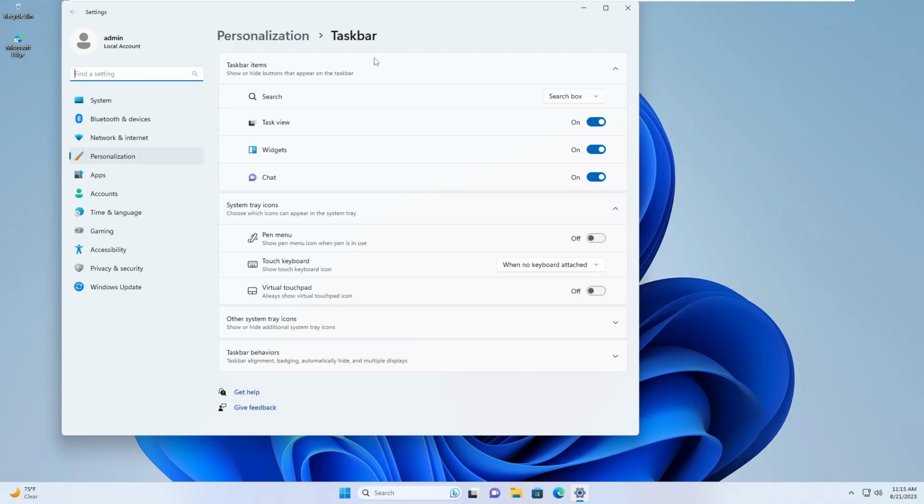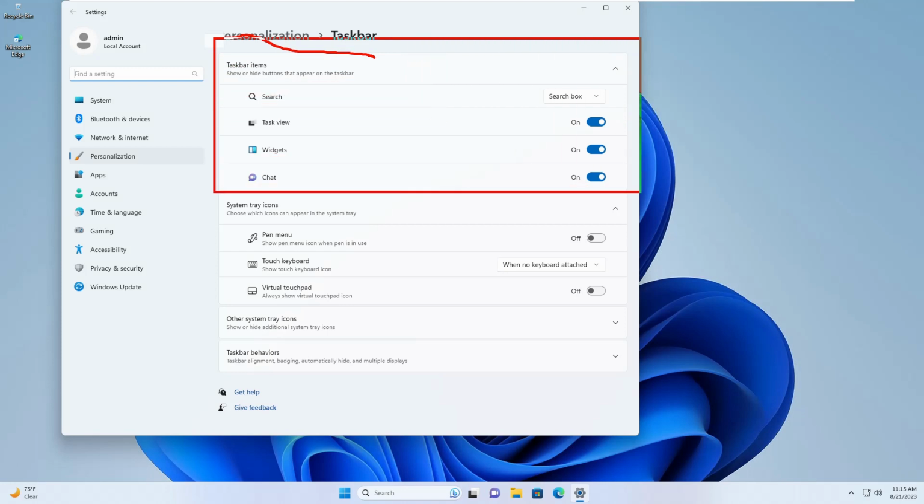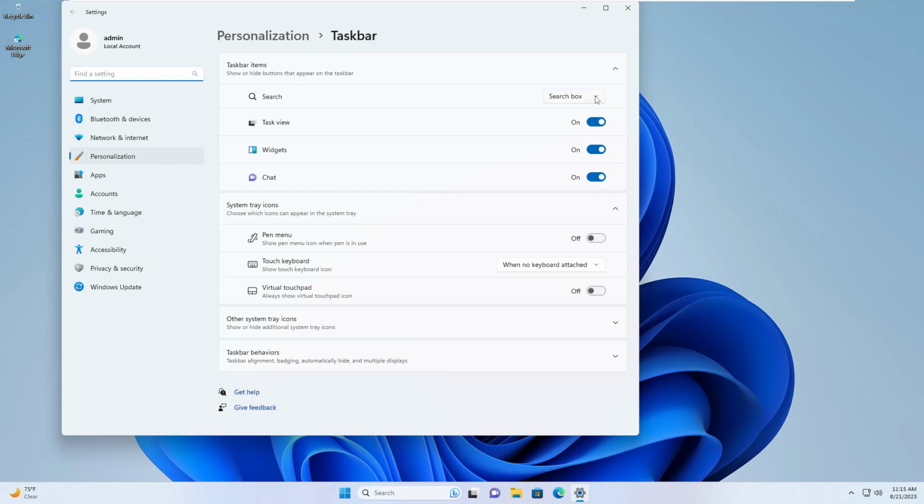in the option you have search box, whether to hide the search box. If I hide, this box will not be visible. So let me hide,